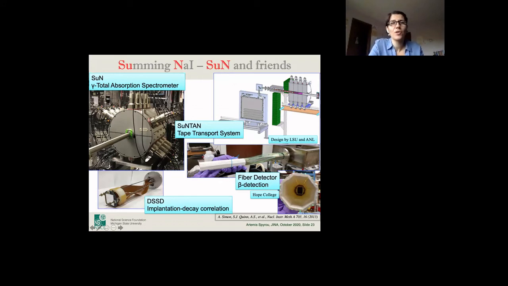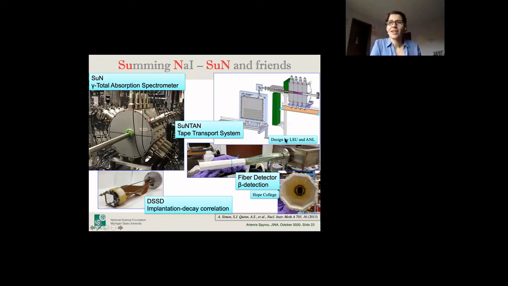It's a large volume detector that measures gamma rays. So the idea is that either you put a target right at the center of the detector, and then you shoot a beam at that target, and you look at reactions happening, and you measure the gamma rays coming out of the reaction. Or you get a beam and you implant it at the center of the detector and you watch for the beta decays happening. And then again, you look at gamma rays coming after the beta decay. So it's a very efficient gamma ray detector.